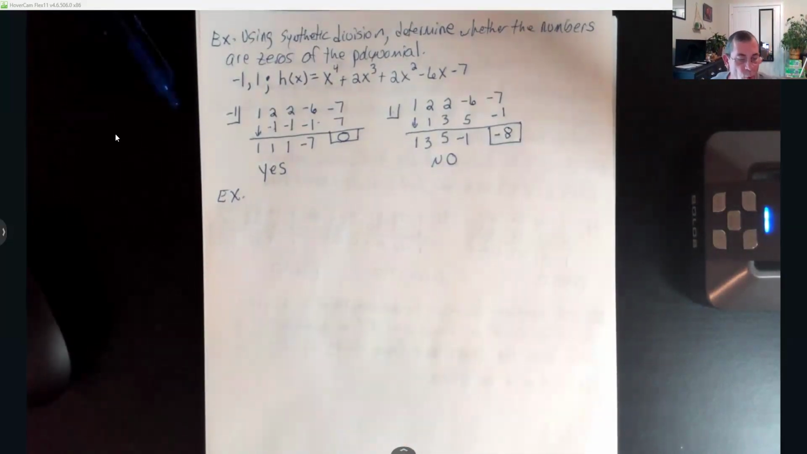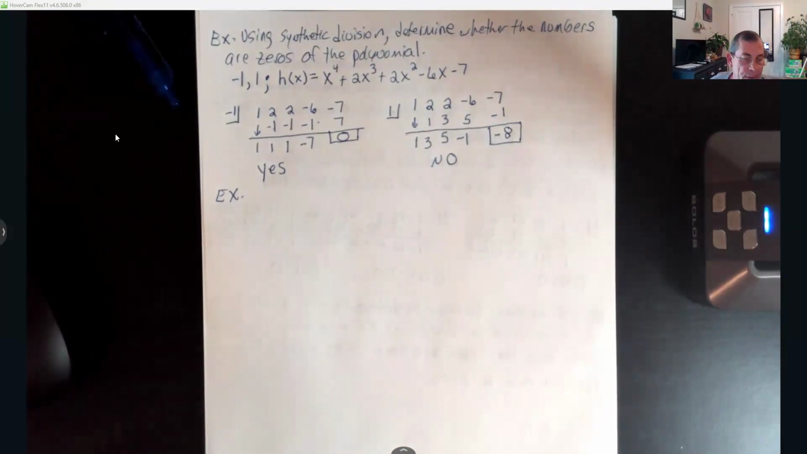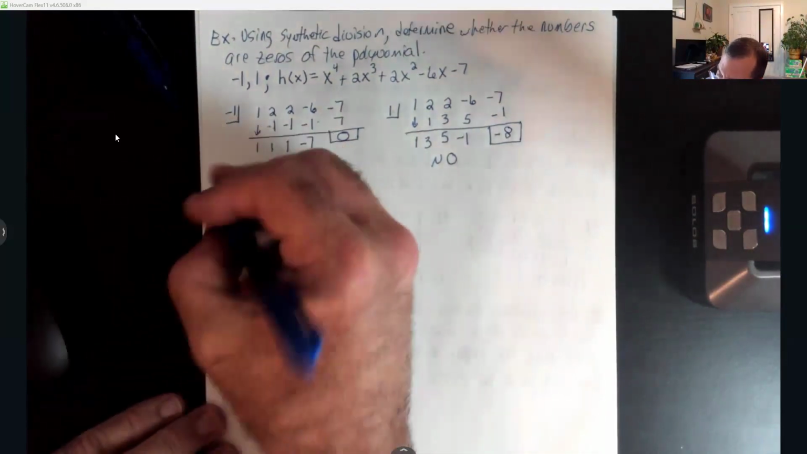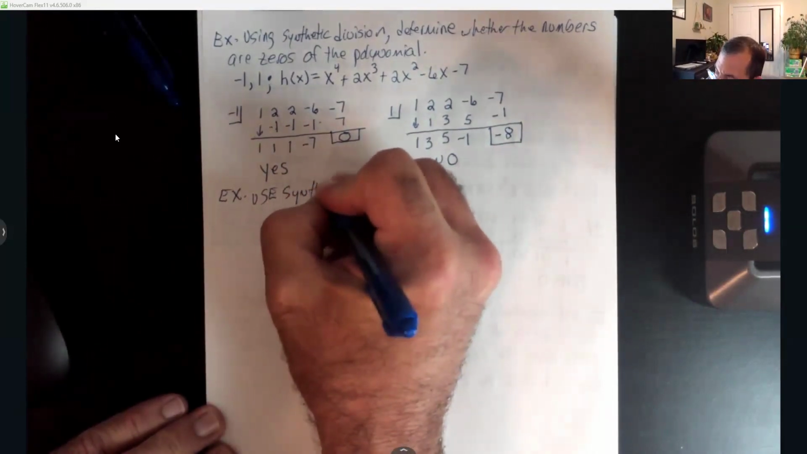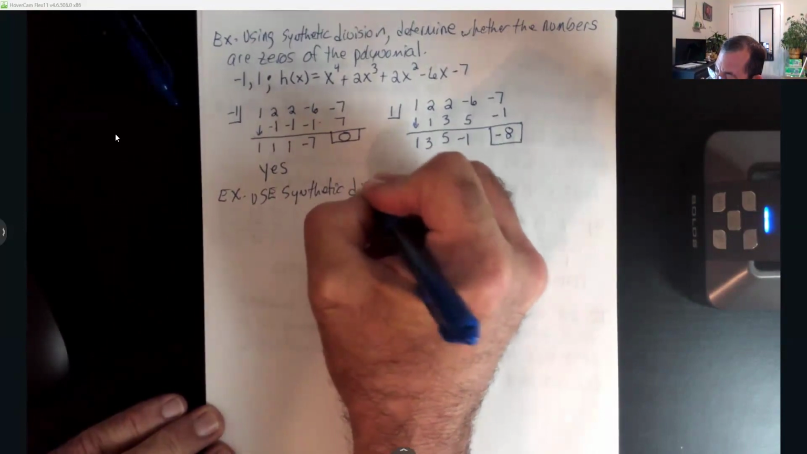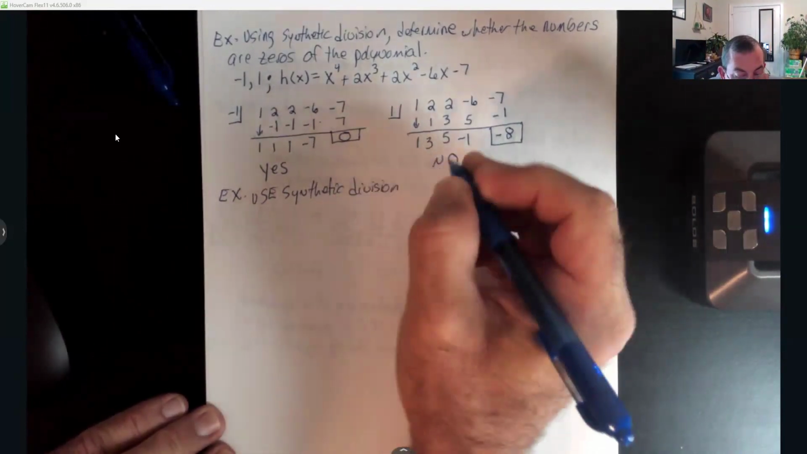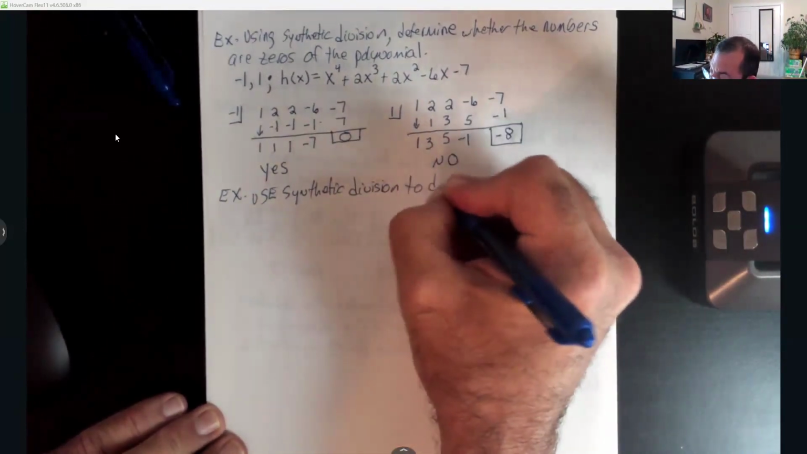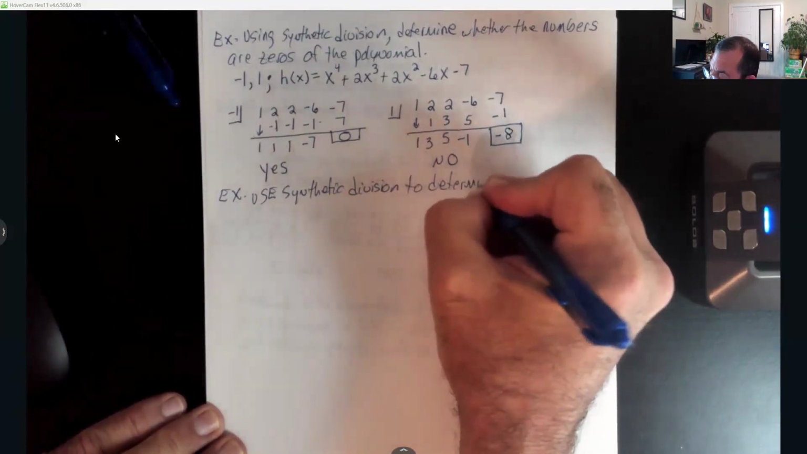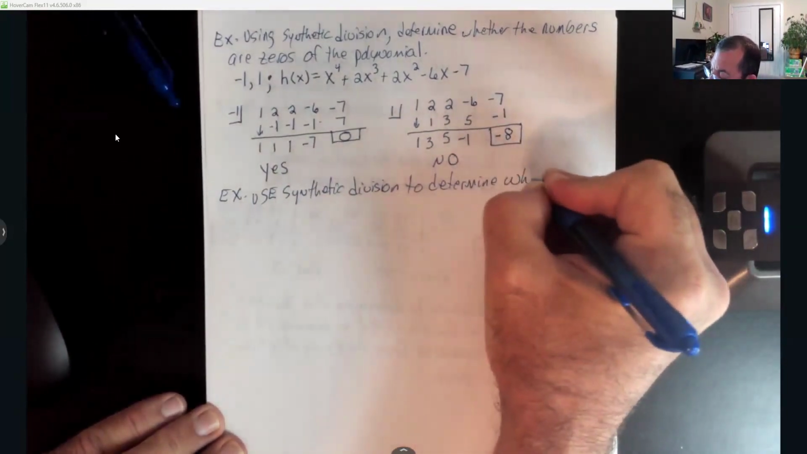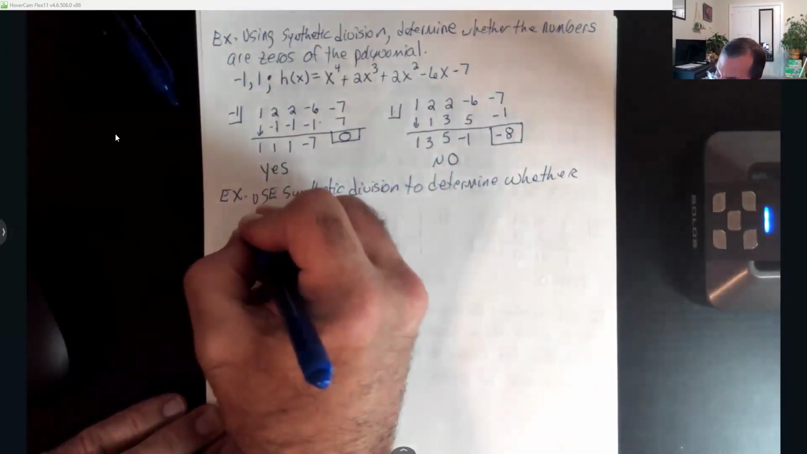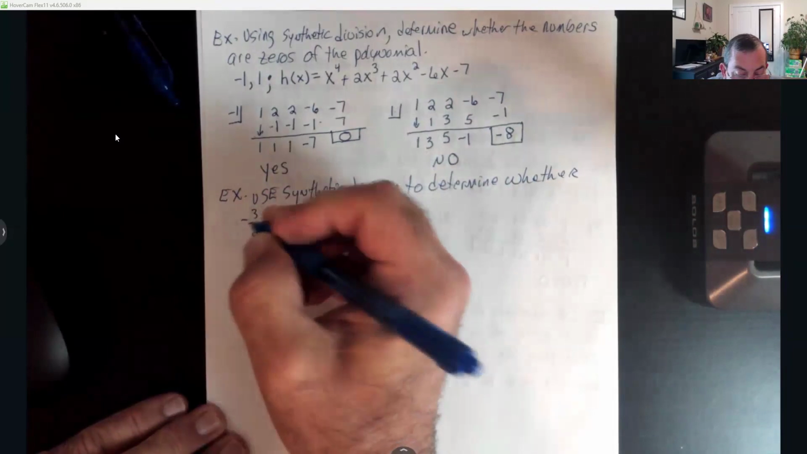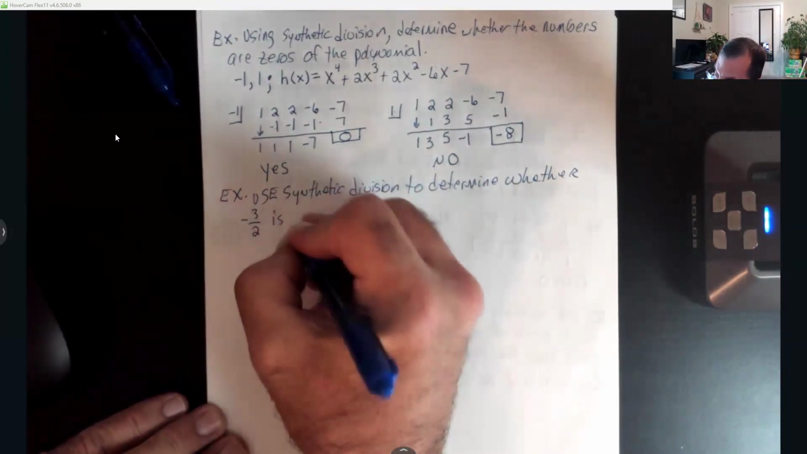All right, so we'll do one more in this section and then we'll move into our 8.4. So y'all, we're going to do the same thing. We're going to use synthetic division to determine whether -3/2 is a 0